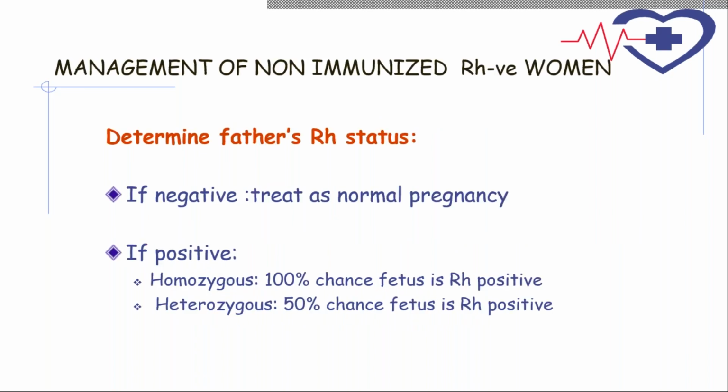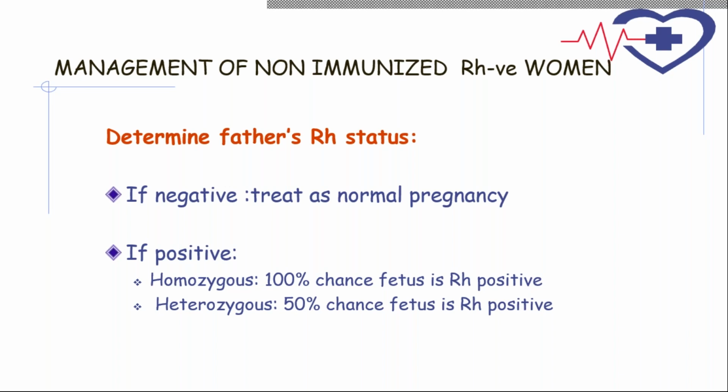The first step in the management of any antenatal woman, whenever she comes to you for the first time, is to do her blood group, ABO-RH typing. And ideally, an antibody screen should also be done, because there are many other types of minor antigens which may be positive and can have an implication, because they can also cause hemolytic disease of the newborn. But here we are going to stick to the discussion of only the RHD antigen.